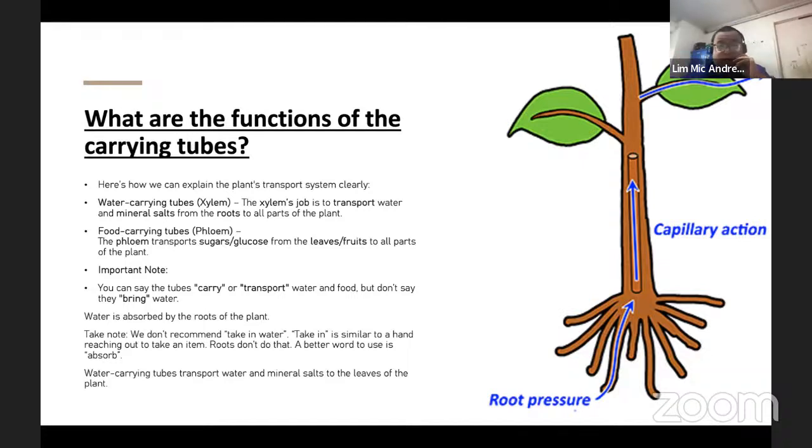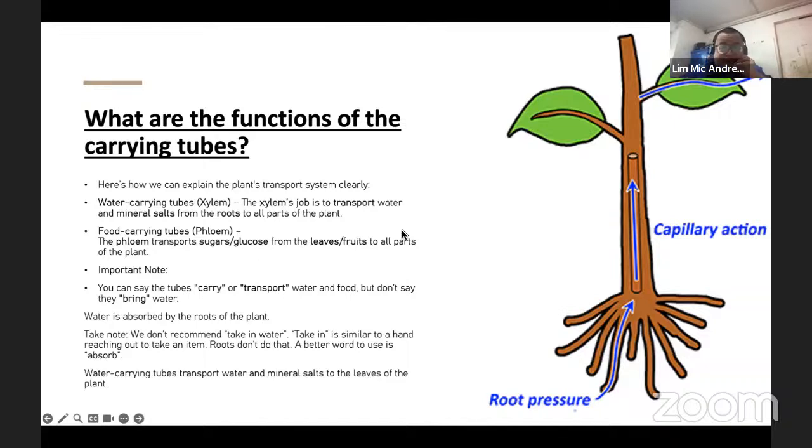Its job is to transport water and mineral salt. As long as you mention transport water and mineral salt, you get it correct. But of course, to make it clearer, we write in full sentences. The xylem's job is to transport water and mineral salt from the roots to all parts of the plant. Same goes for the food carrying tube, the phloem. The phloem transports sugars or glucose or food from the leaves to all parts of the plant. The important thing is that we should